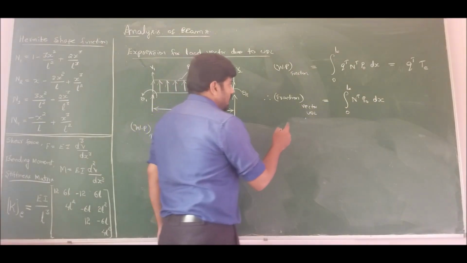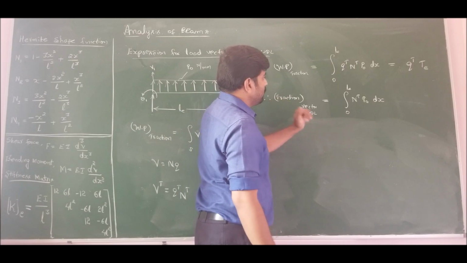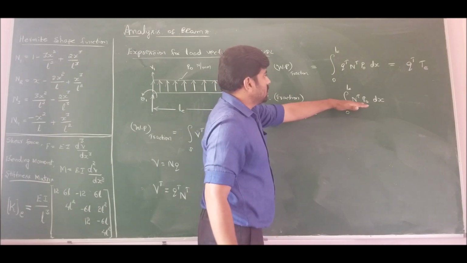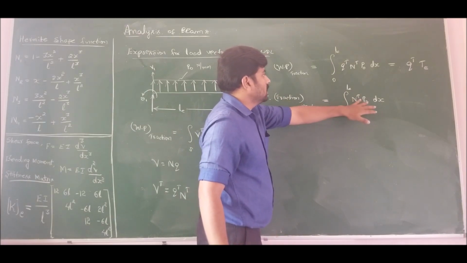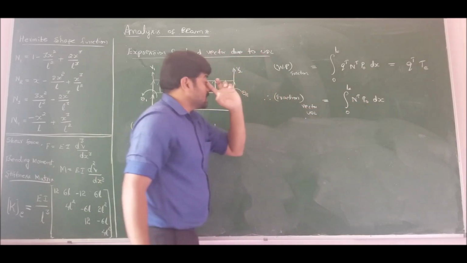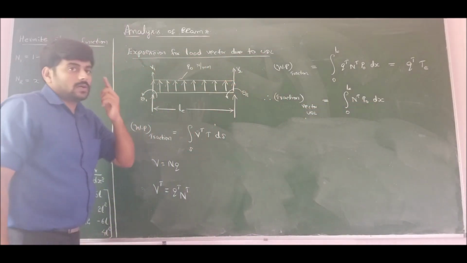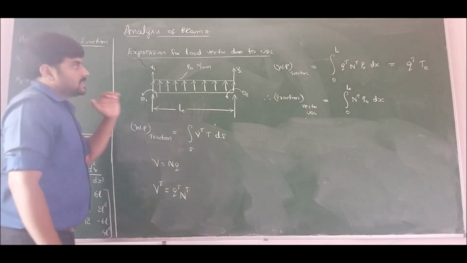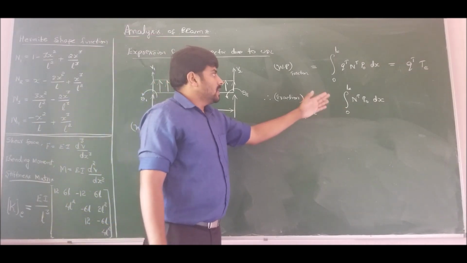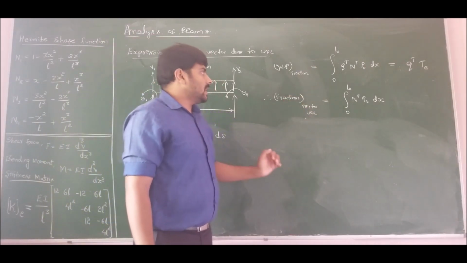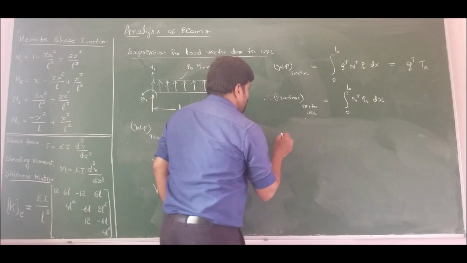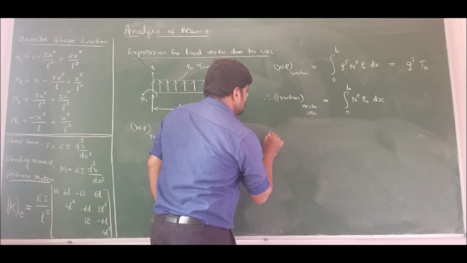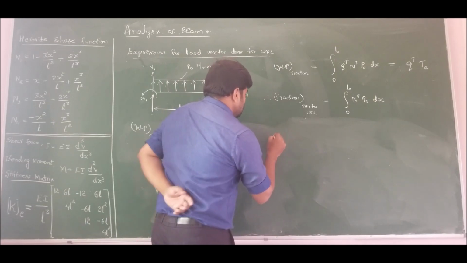So the tractional force due to UDL can be obtained by substituting the transpose of the shape function matrix into P0, integrated with respect to x from 0 to the length of the element. The shape functions are already derived and they are Hermite shape functions. The shape function matrix is a row vector. If I transpose it, it will become a column vector. So, substituting the values, the tractional force due to UDL is given by